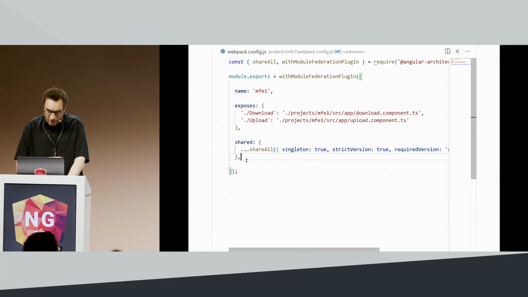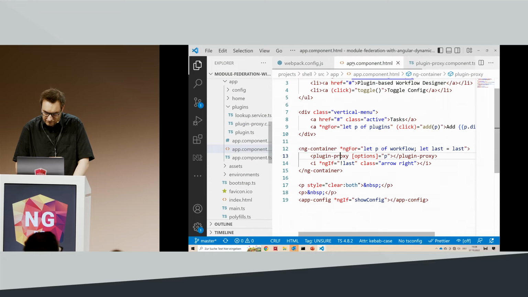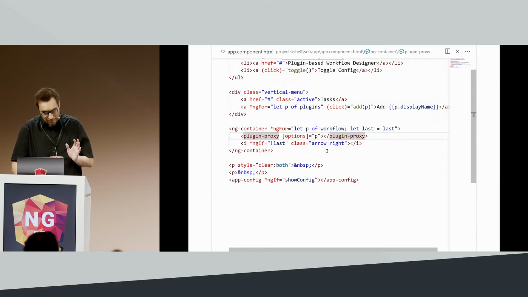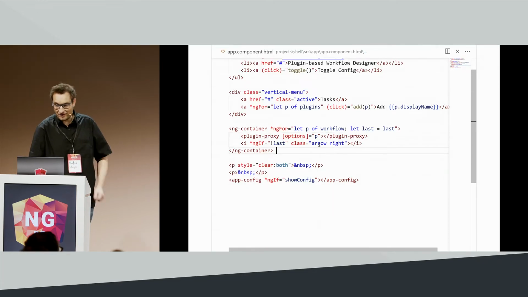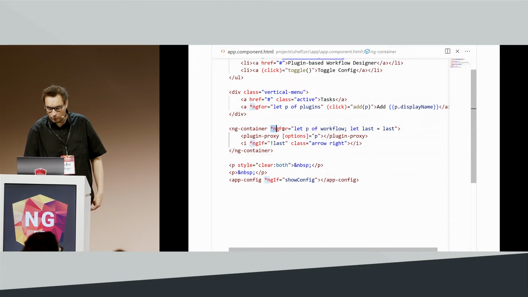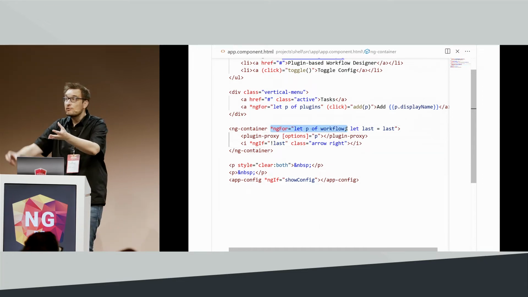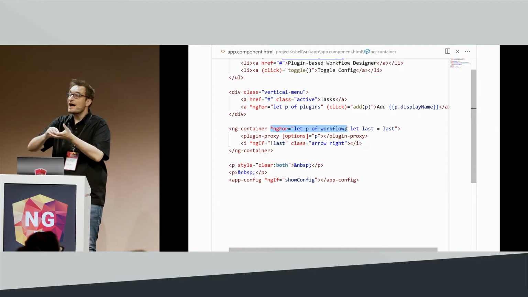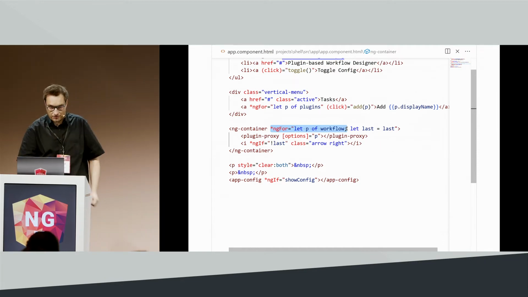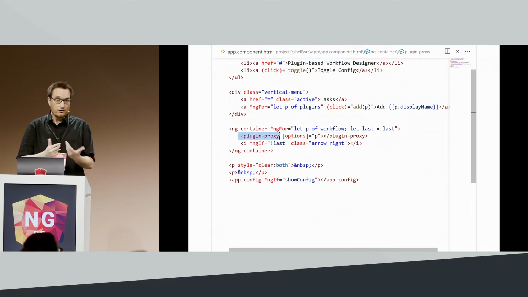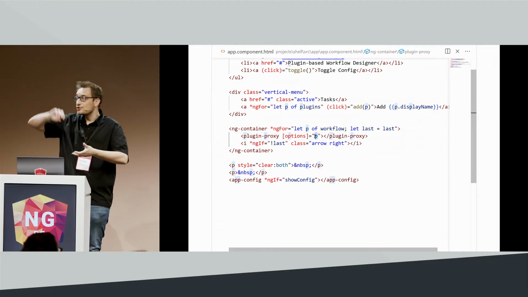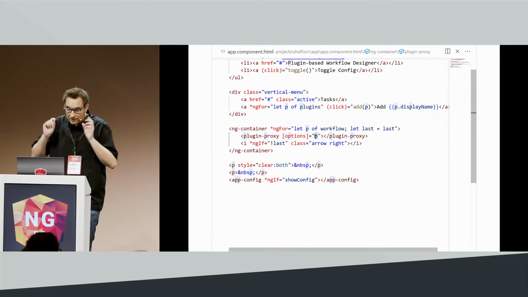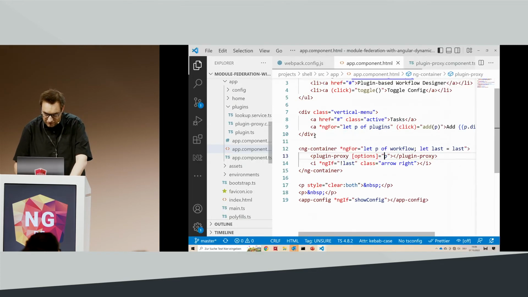When it comes to our workflow designer, the workflow designer is actually pretty simple. It has a for loop, and it loops through all the items you've placed on your workflow. And for each and every item, for each and every application, it is just rendering a plugin proxy. A proxy component that gets all the metadata, like, hey, this action can be found over there. If we look into this proxy component,